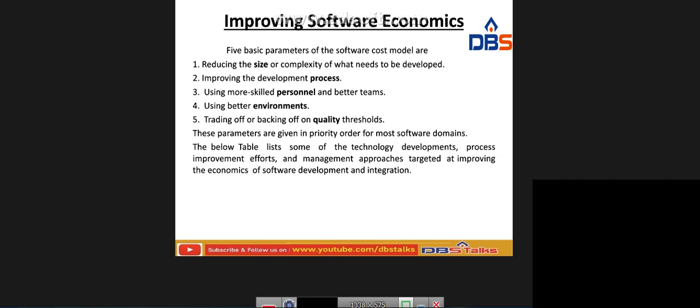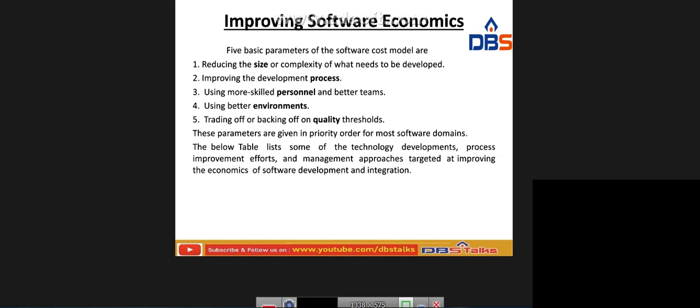Mainly we have to assign the 5 basic parameters. The first one is the size, second is the process, third is the personnel, fourth is the environment, and fifth is the quality. So: reducing the size, improving the development process, using more skilled persons and better teams, using a better environment, and backing off of the quality threshold.